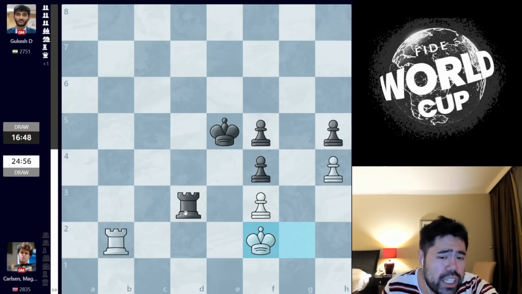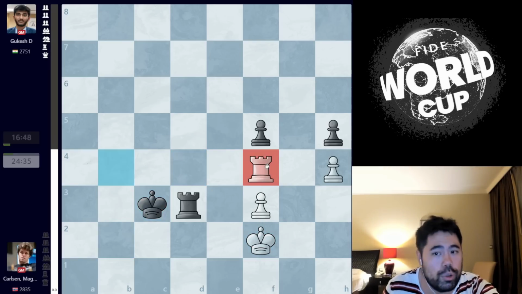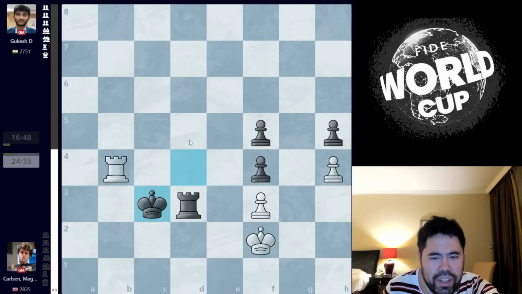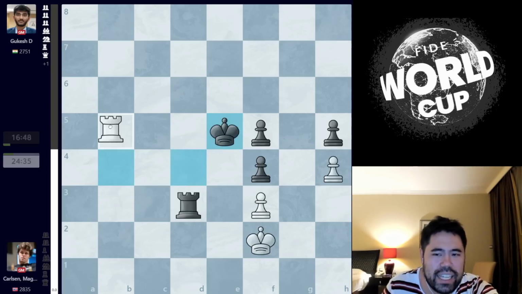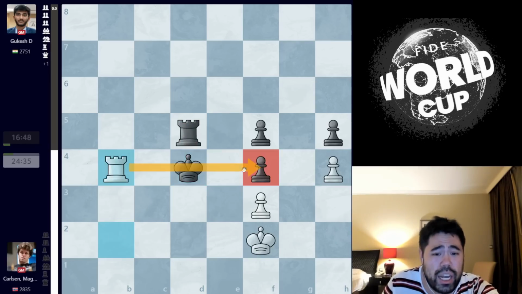Now, Gukesh could have tried to keep it going, but there aren't really many ways to try. If you go king d4, I check you on b4. If you go forward, you lose the pawn and probably the game. I guess it's still technically a draw with rook d5, but you can't go forward. If you go back, again, I can simply check, go rook b2, stopping the check. And whenever you come forward, I always check.